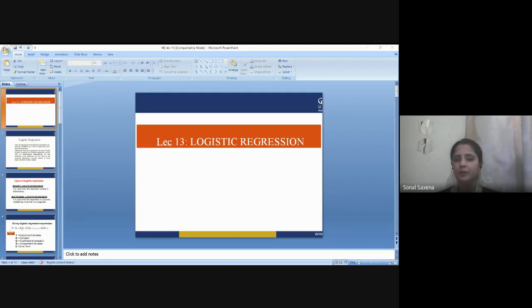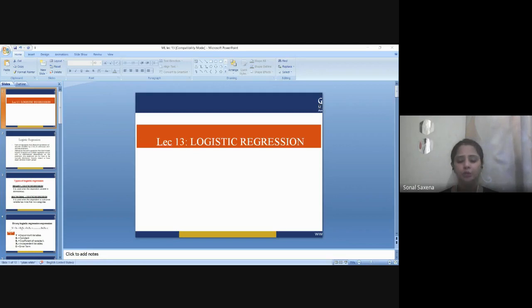Similarly, probability of developing obesity. Either you are developing obesity or you are not developing it. Again, two choices. And finally, I've given you one example of email filtering, like if an email is spam or it is not spam. So, in all the situations, if you observe, what common observation comes out is that we are having only two choices out of which we need to classify either this or that.